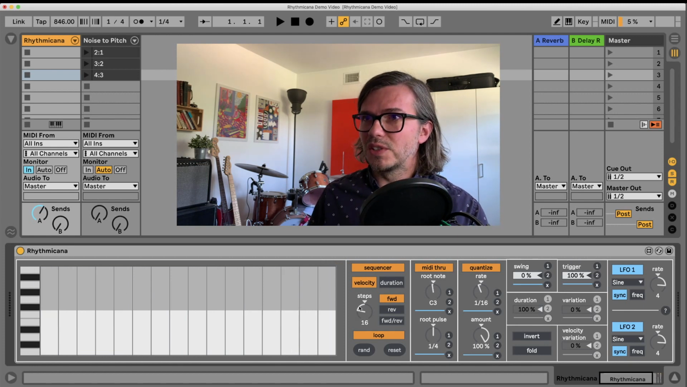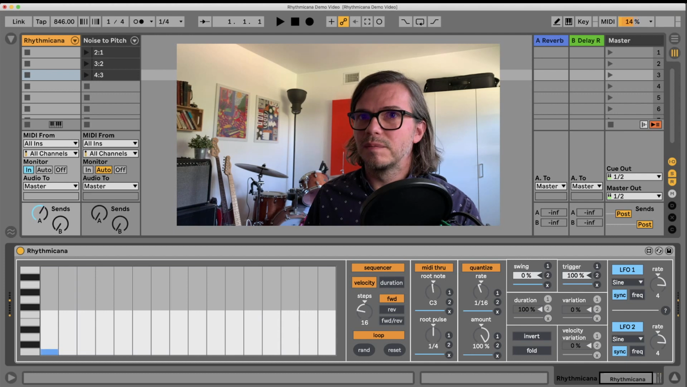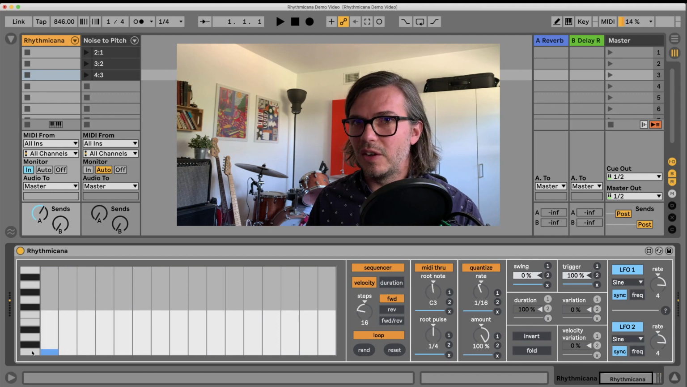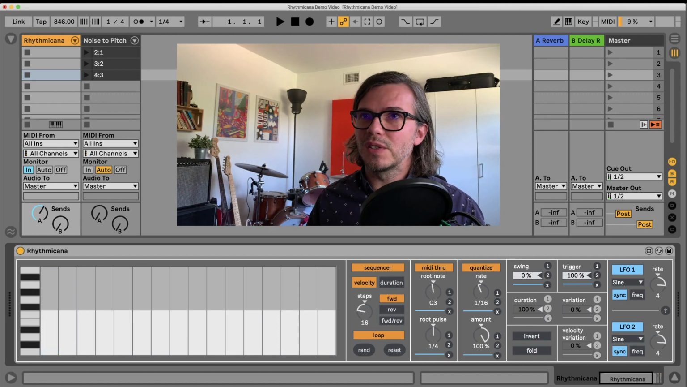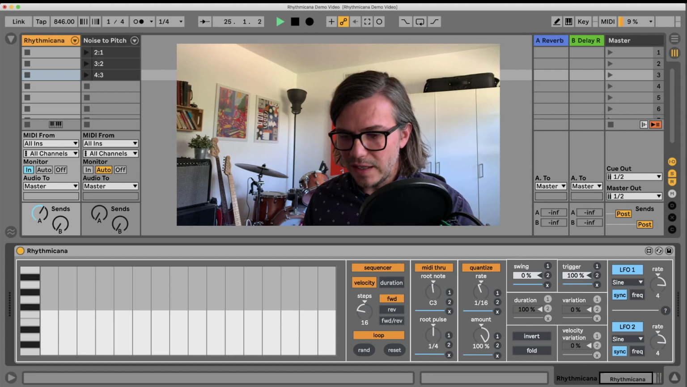So let's see how this works. Now I'm going to play middle C. And you see that blue note has appeared on what would be the C of this keyboard. This is like a piano roll style keyboard. Now nothing's happening because, this is important, this device needs to have the transport running. Ableton's clock needs to be on. So I'm going to turn that on. And now when I hit this key,